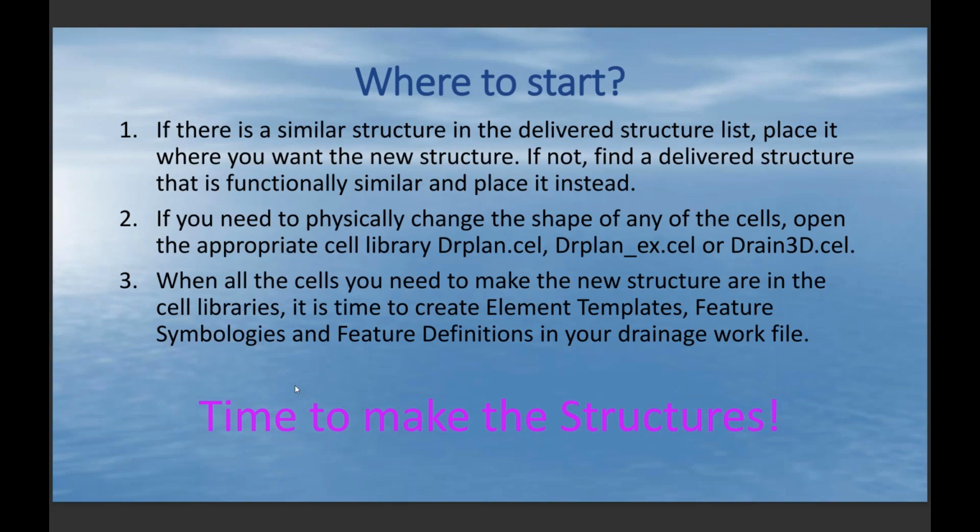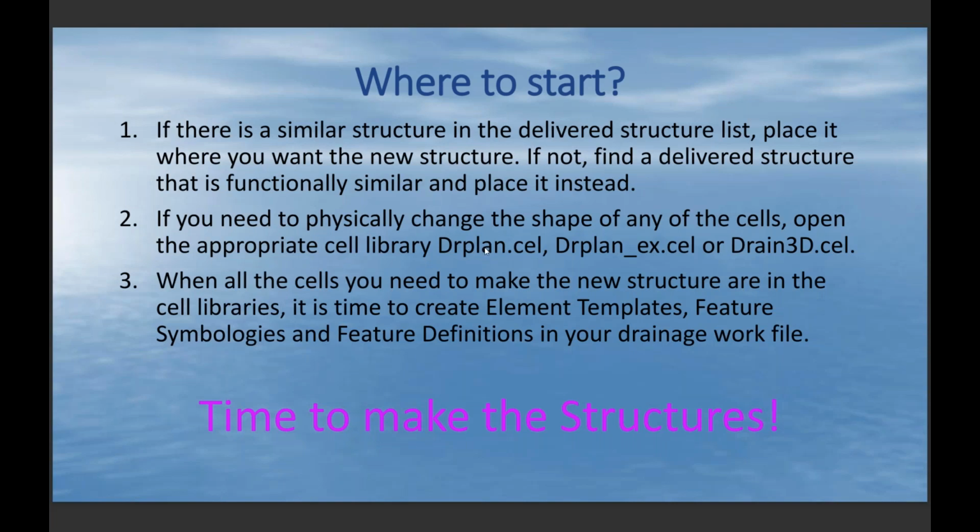All this to say, basically start out with something in your file that is similar to what you're wanting to make. Then you'll do the modifications to the cell. This is if you need to change the shape of a cell, keep up with what you need, because if you're building a control structure like what we were talking about just then,